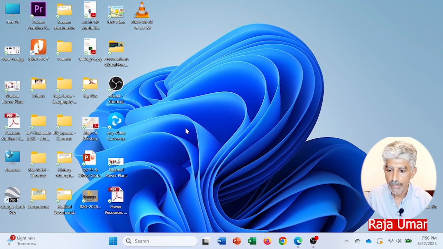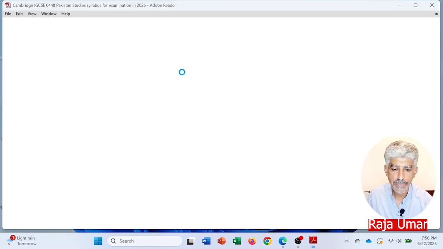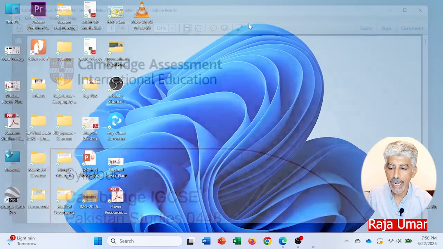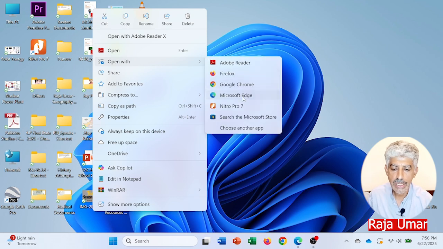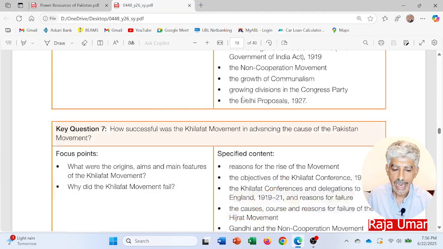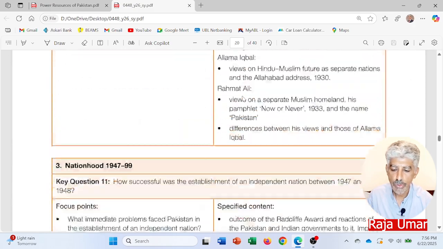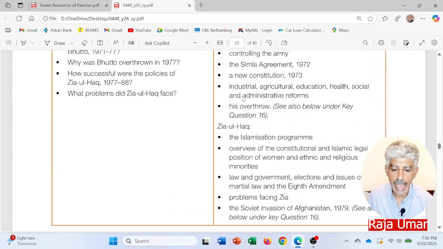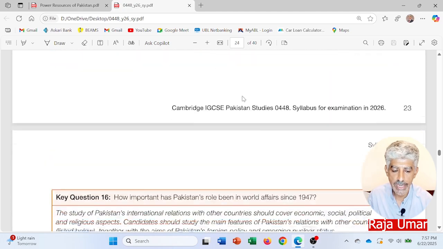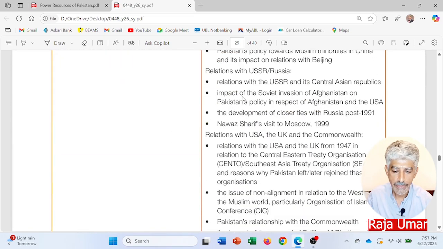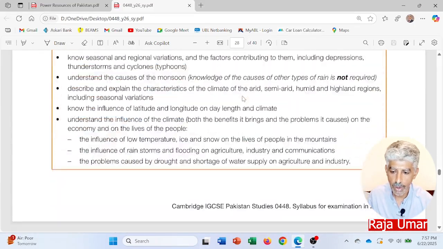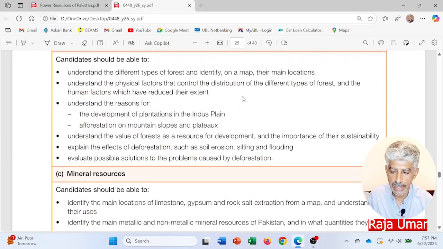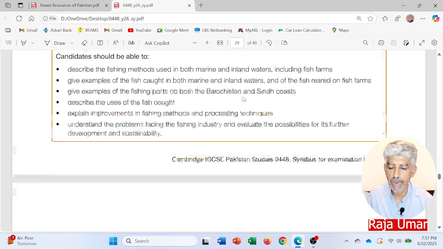So first of all, why not go to the syllabus content, and then find out what we need to study in this particular unit regarding power sources, so that we can have a clear view, and we should be learning better what actually Cambridge demands from us from this particular unit, and what can be done for meeting the requirements of Cambridge. So here we are on the syllabus content, and here you can see, here we have the unit of power. So you can see that